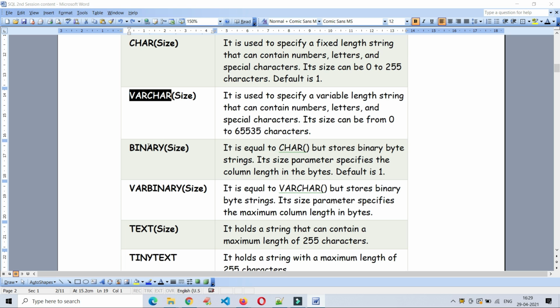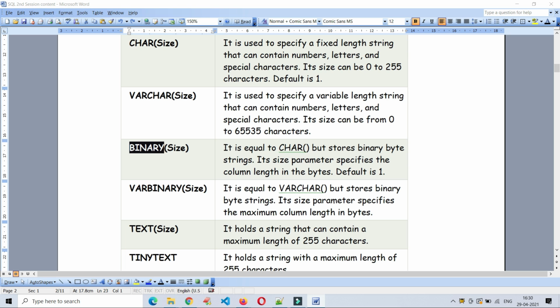And binaries, we know, right? If you use the binary of size, it is same as char of size, which only allows us to enter characters. Binary of size allows only binary values, binary bytes of the strings. Yes, like char and varchar, binaries are also very important in real time. In the coming sessions we may encounter a situation to use the binary, and at that time we will discuss about this.